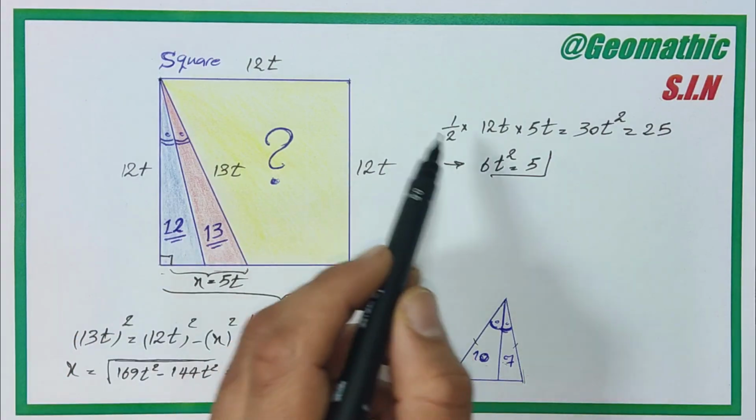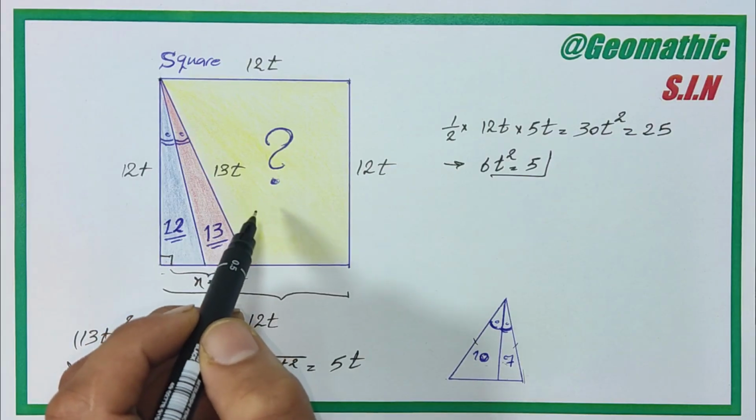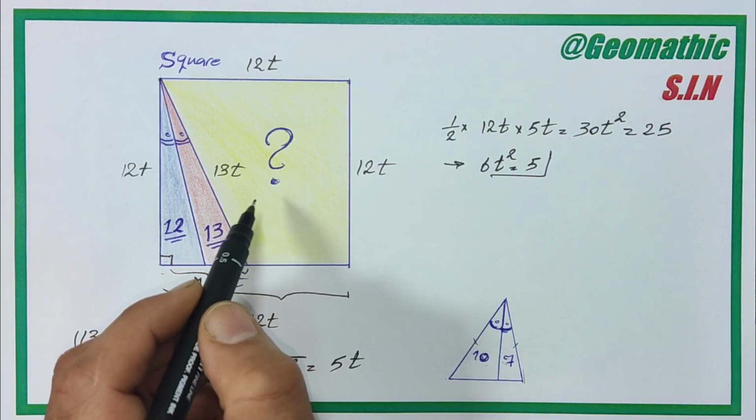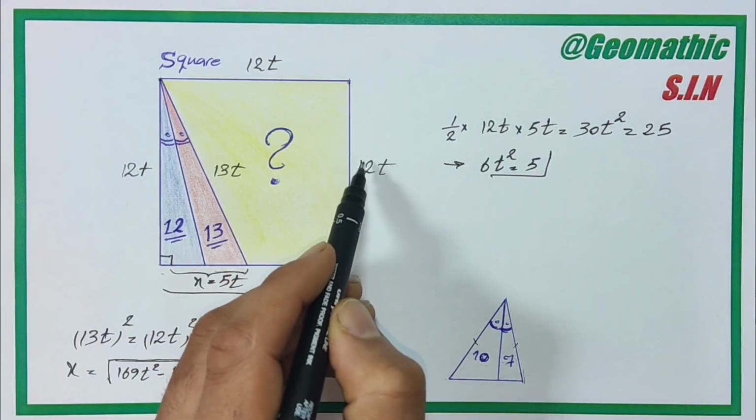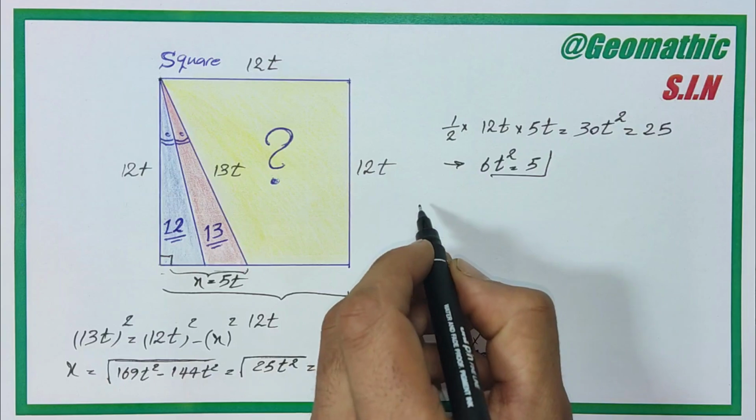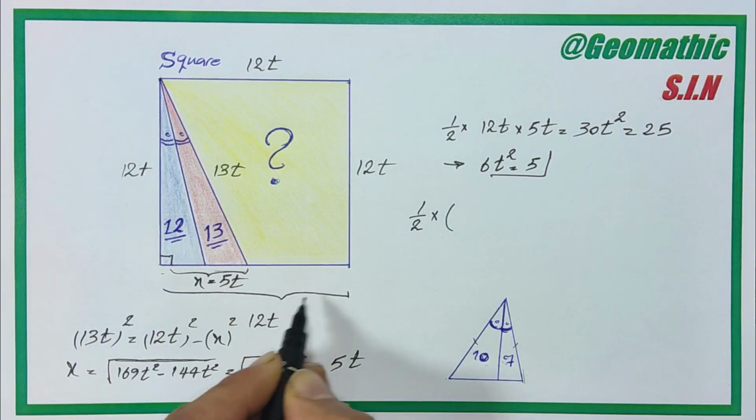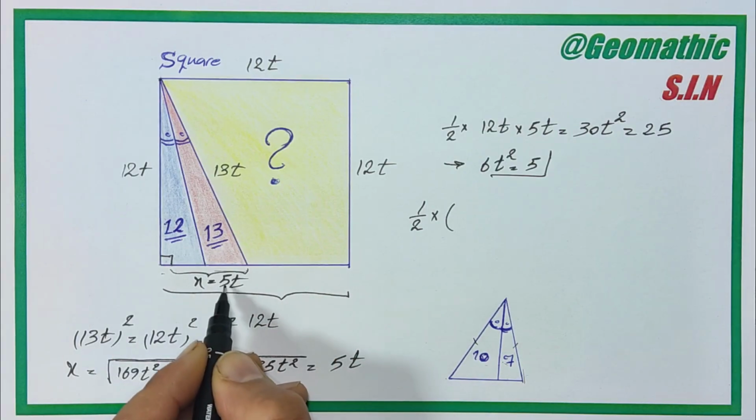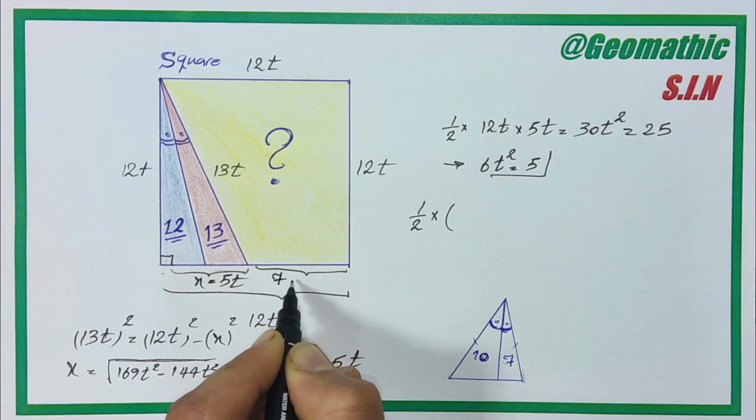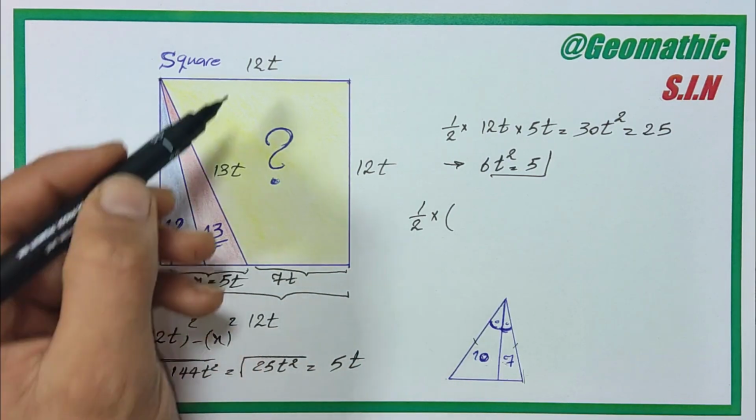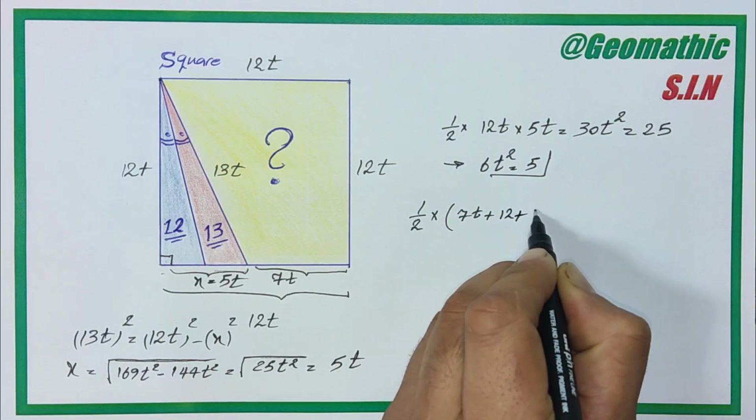And the final step, by all this information we have made, now we can find the area of this shaded region, which is a trapezoid, and the area of a trapezoid equals 1/2 times the sum of two bases times the height. Okay, so I write that 1/2 times the sum of two bases. When the length of this side is 12t and this one 5t, this length equals 70. So I write 70 plus 12t,